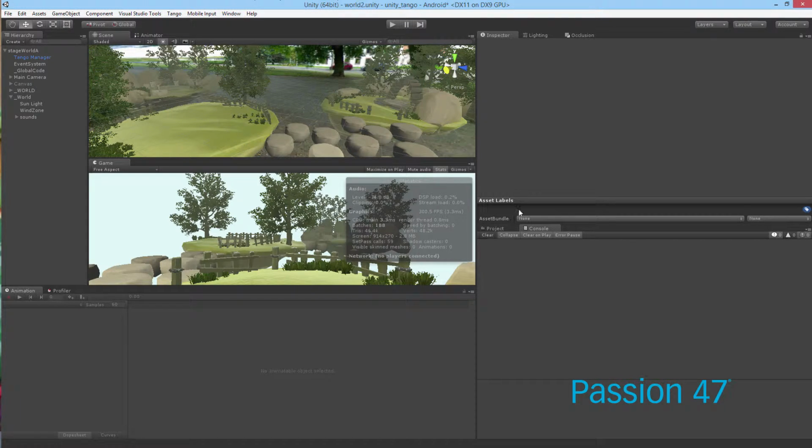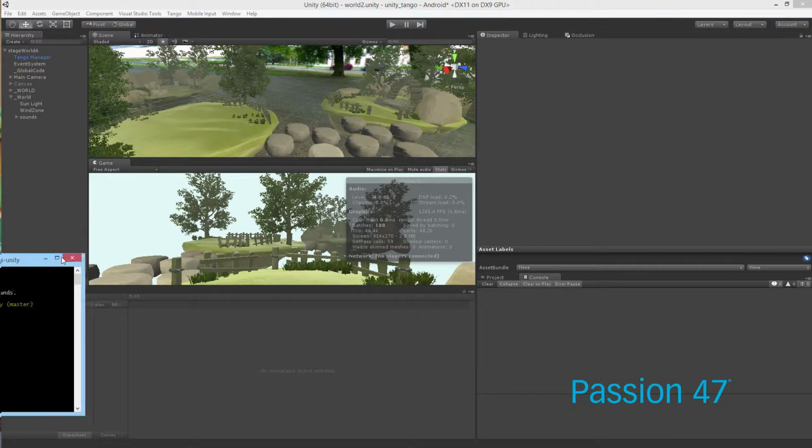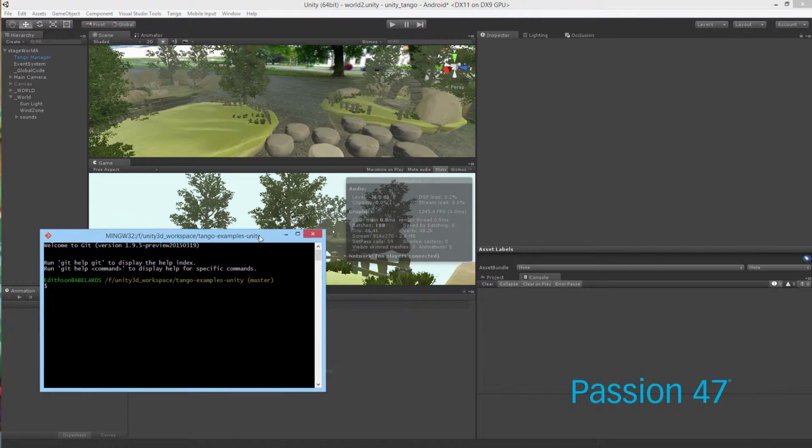There you go, I just had to clean out some errors. Alright, so we've installed the SDK. What if you're using some of the example files? That's a whole other mess. Alright, so